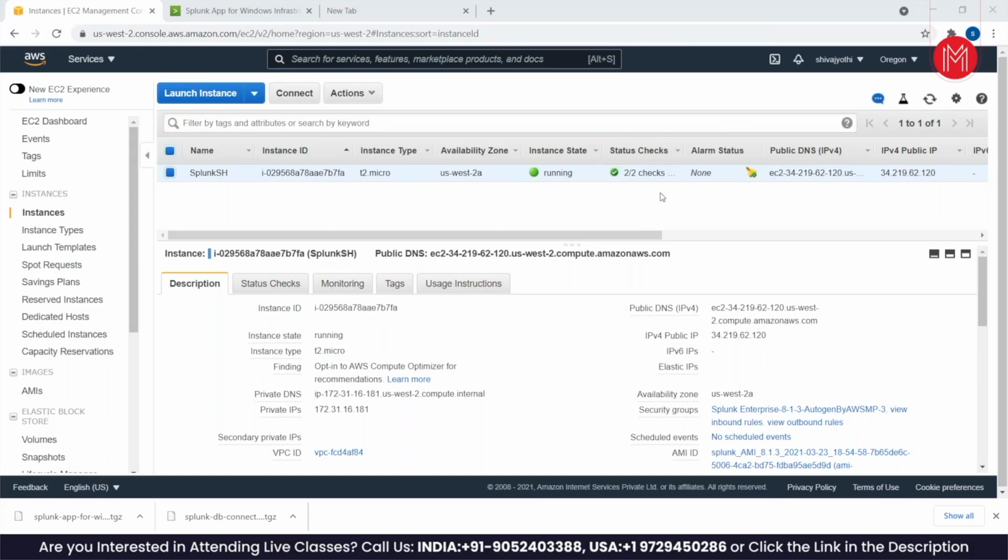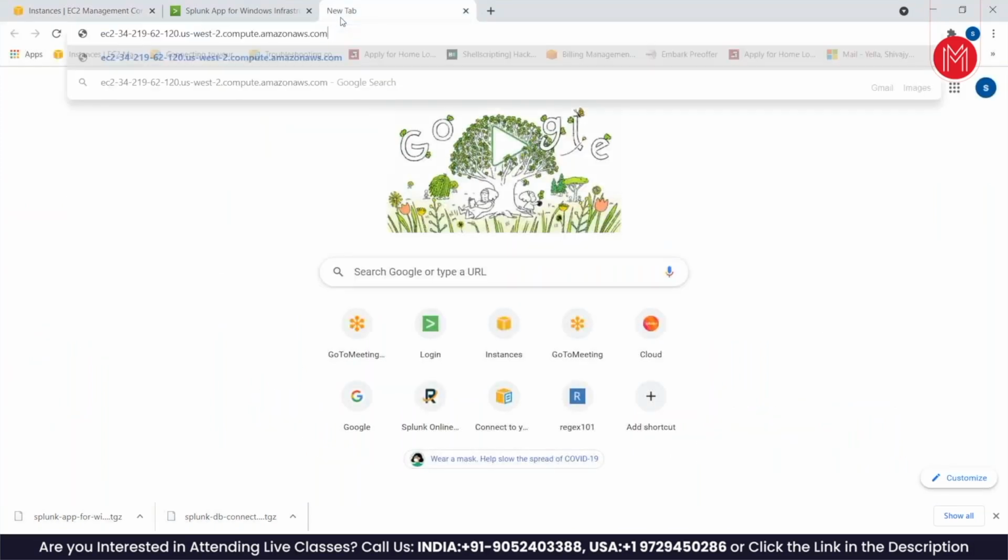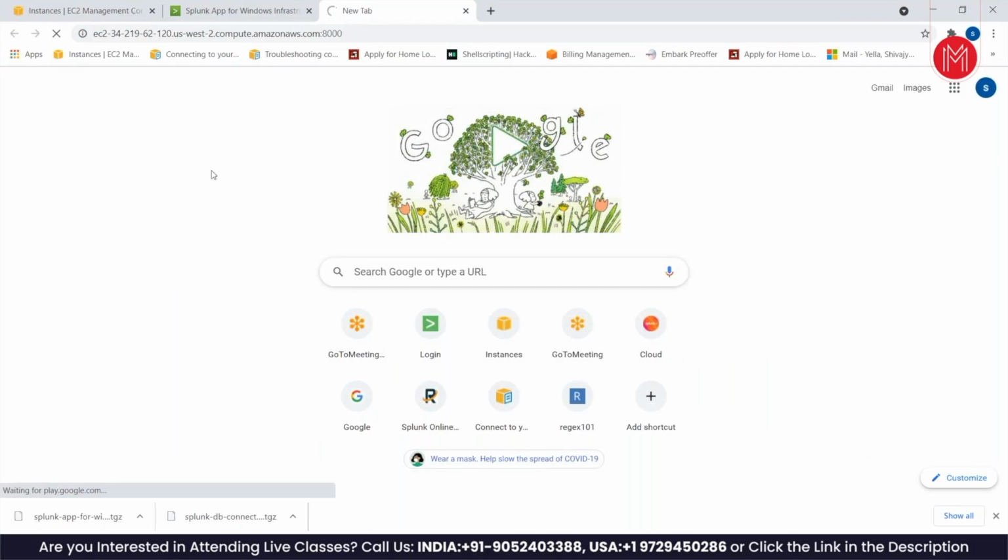Now if we see, it is showing 2/2 checks done. Now we are ready to use this server. Now as per the usage instructions, you can click on this, and if you want to view